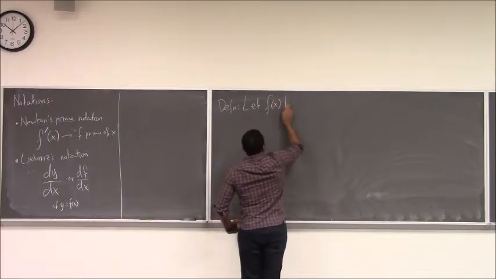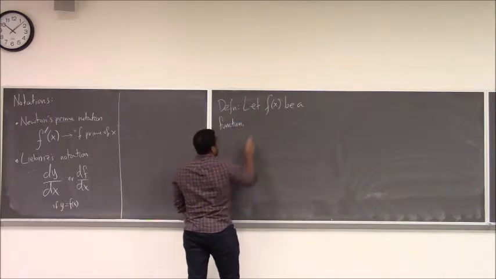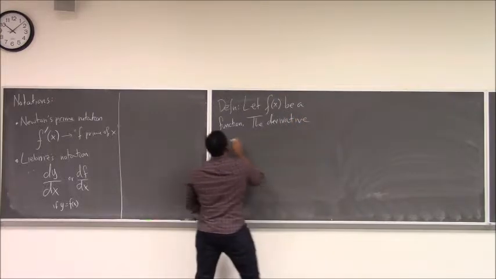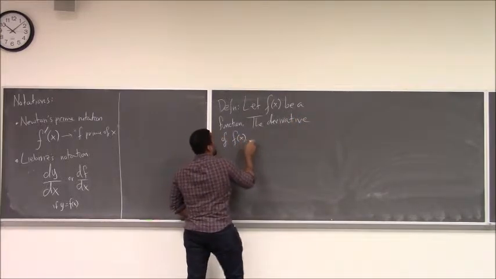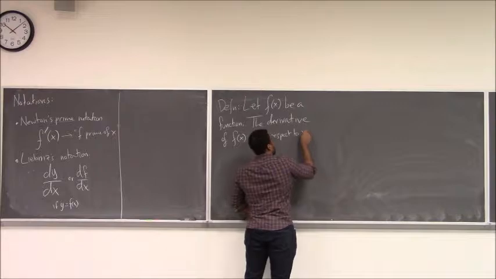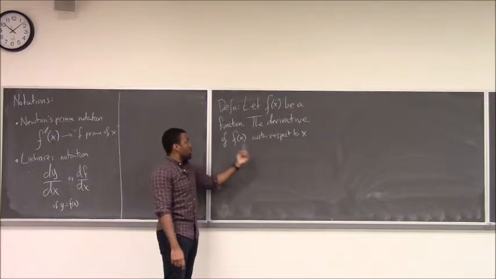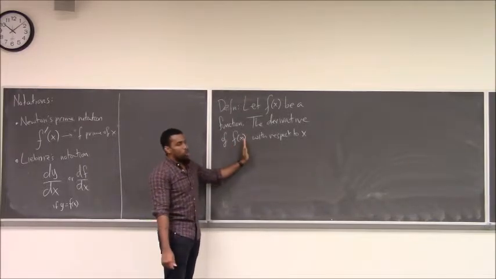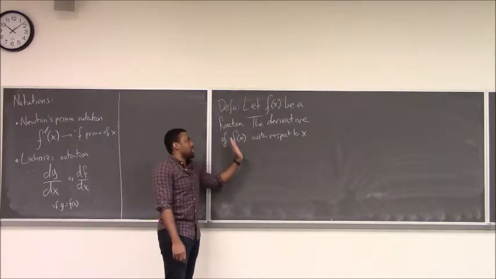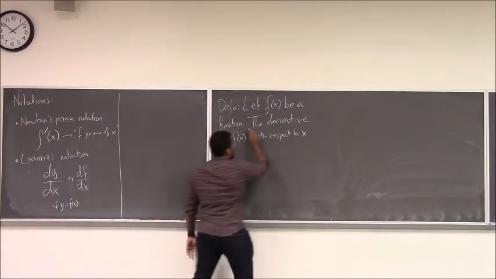Let f of x be a function. The derivative of f of x with respect to x. That's just talking about the fact that we're always relating one function to another. We're relating the y value to the x value. We're relating the quantity being tracked on the vertical axis to the quantity being tracked on the horizontal axis. So we're always talking, how fast is this changing in relation to that? How fast is this moving with respect to that? So the derivative of f of x with respect to x,